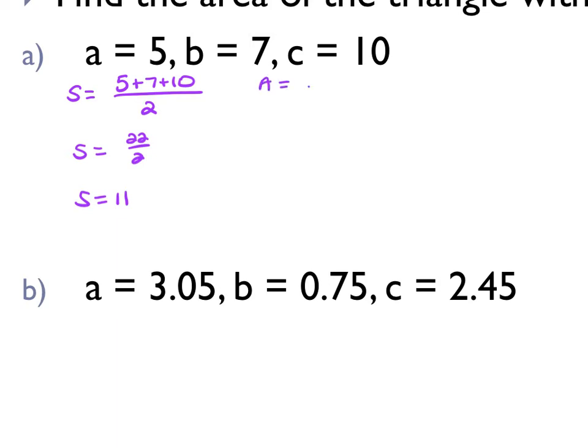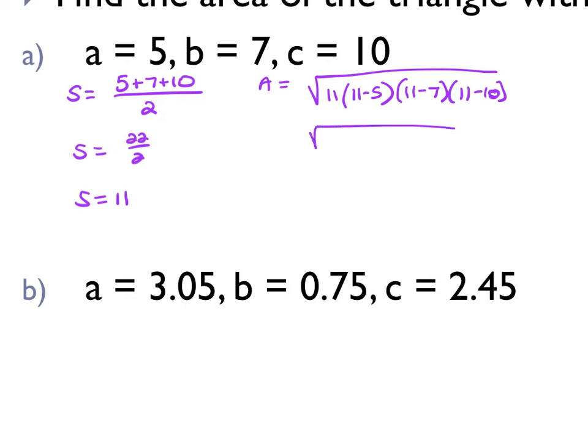Then I get my area. Square root of 11 times (11 minus 5) times (11 minus 7) times (11 minus 10). Now you can simplify what's inside those parentheses, and it's pretty easy when they're nice whole numbers, but you also can type that entire thing into your calculator. So I can rewrite it as 11 times 6 times 4 times 1, or you literally can write that whole thing in your calculator. The square root of 11, open the parentheses, 11 minus 5, close the parentheses, open the parentheses, 11 minus 7, close the parentheses, open the parentheses, 11 minus 10, close the parentheses, hit enter, and I get my area is